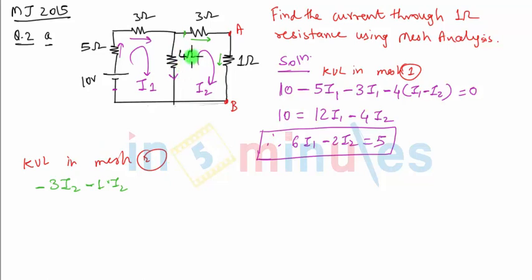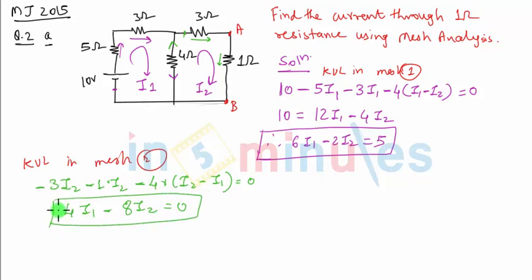The next will be the voltage drop across 4 ohm. This time we may define the current flowing in the upward direction, which is the same as that of I2. So the current this time in the upward direction will be I2 minus I1, which is very obvious. If the downward current was I1 minus I2, in the same branch the current flowing in the opposite direction has to be I2 minus I1. Because we are also traveling in the upward direction, the drop will be negative, minus 4 times (I2 minus I1), equal to 0. If we rearrange the terms, I will first write down the term corresponding to I1, which is 4 I1, minus, this is going to be 3 plus 1, that is 4, plus 4, 8 I2, equal to 0. So that's my second equation.